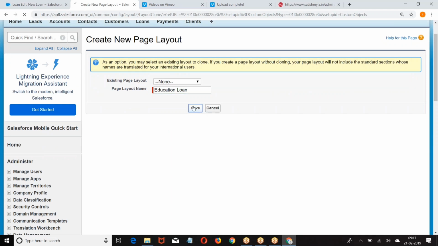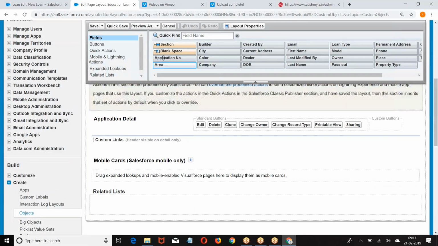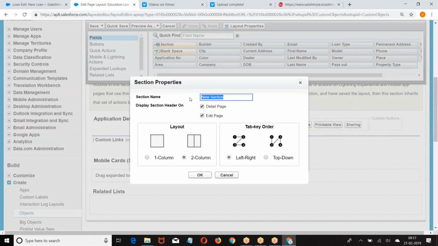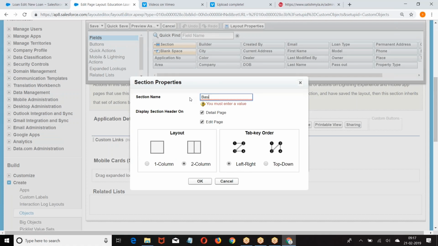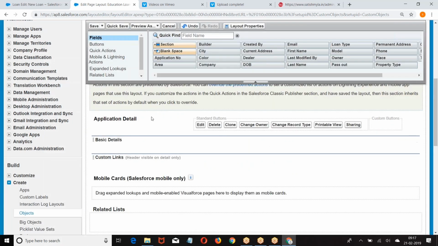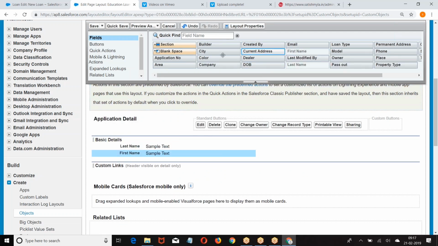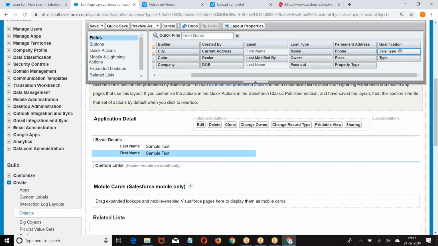Similarly, we have a new one: education loan. When you take an education loan, same structure, section, basic details. The basic again I am adding, the same story. Last name, first name, then loan type,